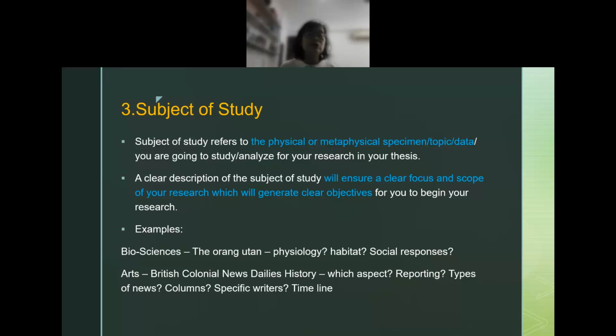So when you are doing academic research, you need to know where your scope is. If your subject is the paint and how the paint is going to be utilized in a painting or in anything else, then your subject of study is the paint, not the materials used to make the paint.